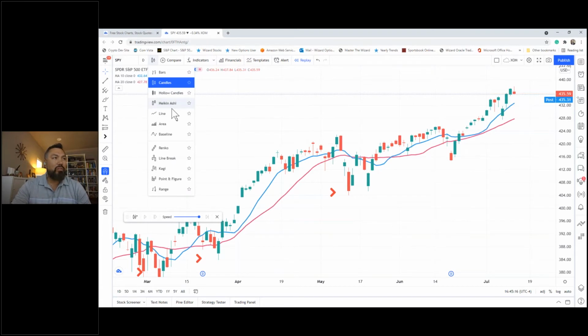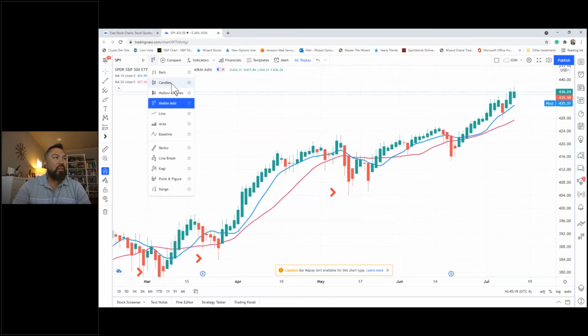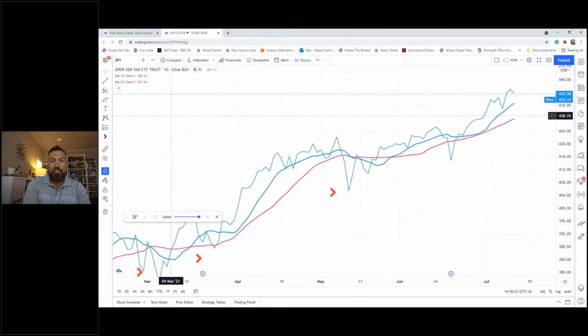So if I go to a line chart, I'm going to change this from a candle chart to a line chart. The line chart represents the close. Okay, so I've got another line here. Don't worry, I'm just going to give you a quick walkthrough. The close price is the most important. Where the close is in relation to those moving averages is the most important. Not the wick low, not the wick high, not even the open. The close is the most important. So you can see going all the way back until the 22nd of June, the close every day has been above this blue line. That is what's most relevant.